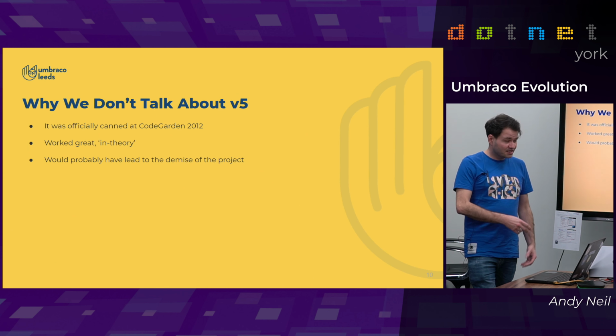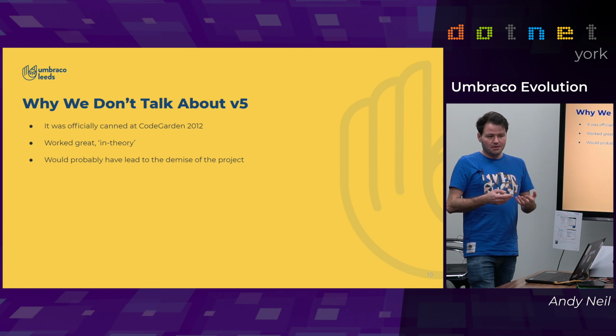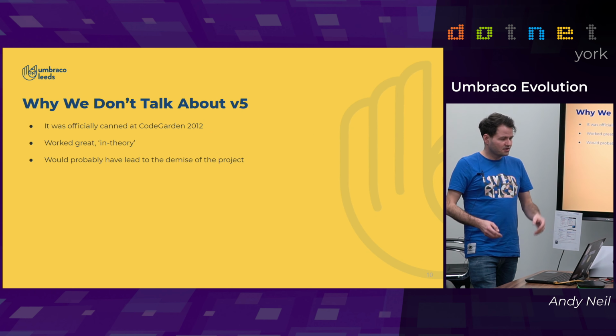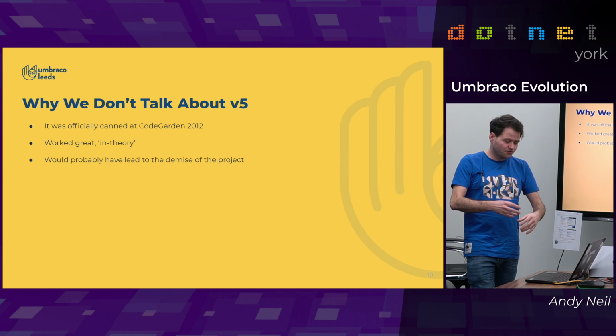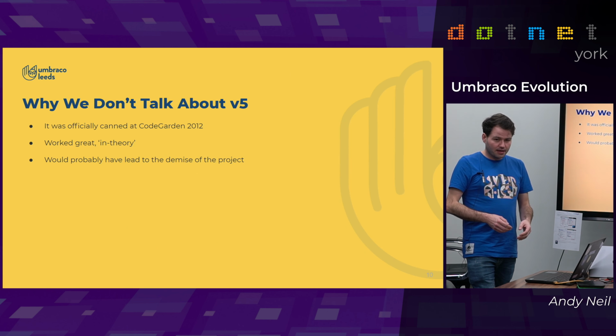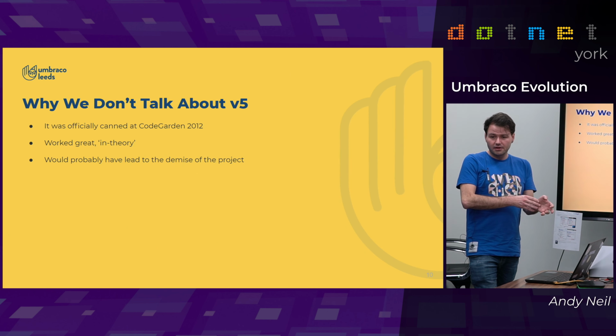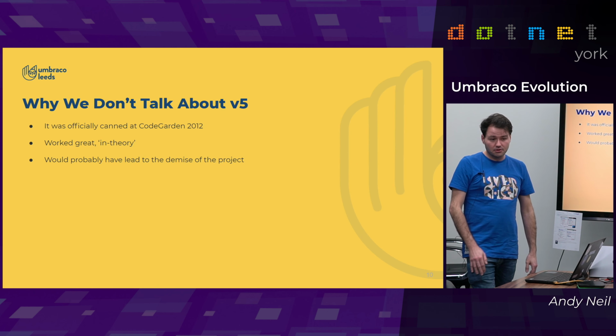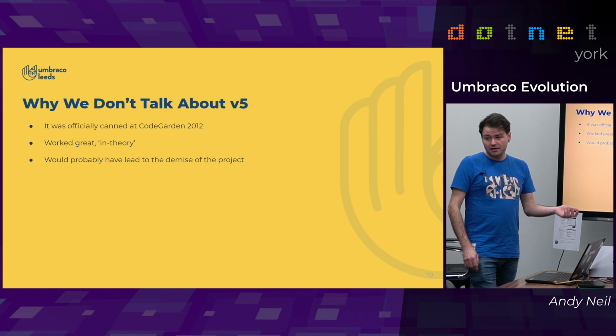And basically, it came down to the way that they'd rebuilt this cool thing called Hive providers and the data access layer. Effectively, they swapped in NHibernate instead of using POCOs and things. They went, "Oh, let's put this Hive thing in. It's really cool." And on your dev machine, it worked lovely. But as soon as you threw any form of traffic at it, bang! It just didn't cope. So at Code Garden that year, they said, "No, do you know what? It's not a great idea."